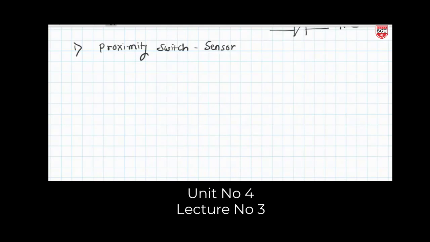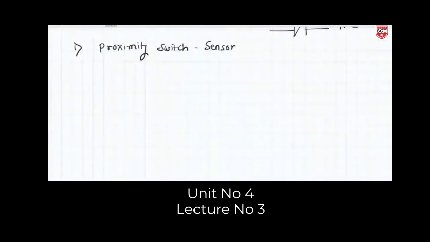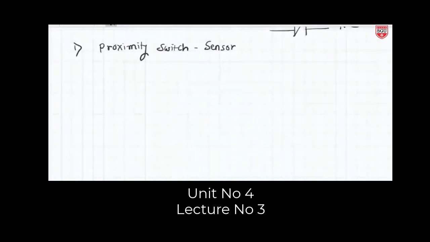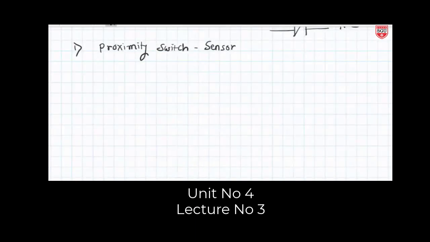That is correct. So the proximity switches which are used in industries are, for example, used to detect metal. Suppose I want to detect metal, there is a conveyor belt. On the conveyor belt a number of components are moving, and if some metallic component comes in front of the sensor, it should give some signal, like a buzzer will turn on, or a bulb will turn on, or the conveyor belt should stop. To do this, we have to use the proximity sensor which senses metal.